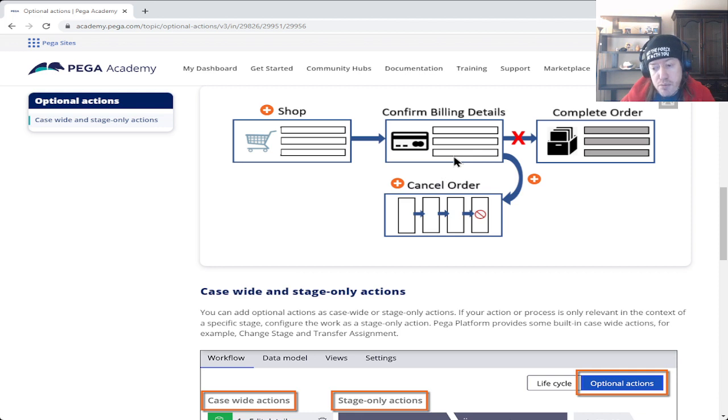Maybe you can't purchase everything that you want. You wanted to initially buy 5 items, but you can only afford four, so you had to remove one item. Then maybe you need to do that. Or here's the other thing. Maybe you confirmed all the billing details and said, okay, let's go through that. You complete the order, but you find out